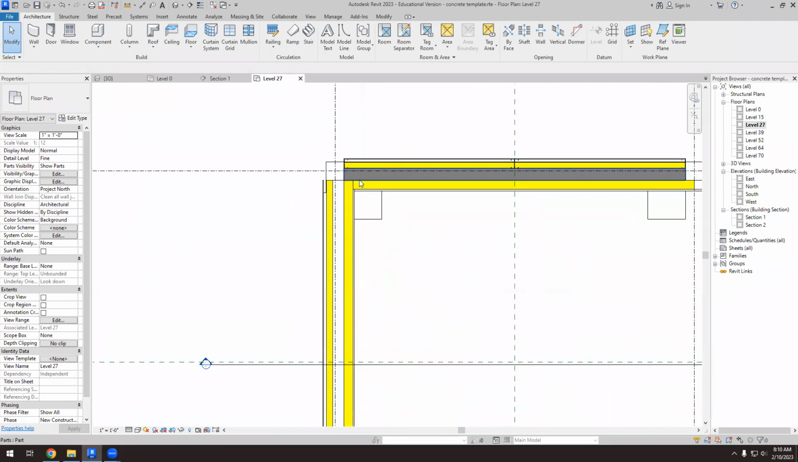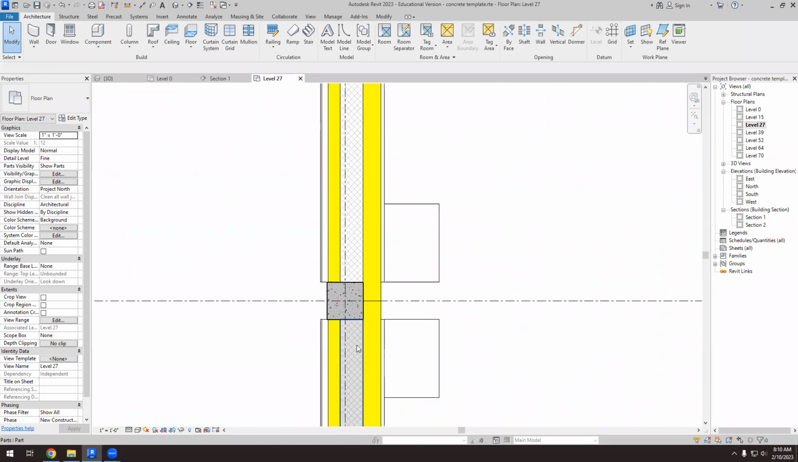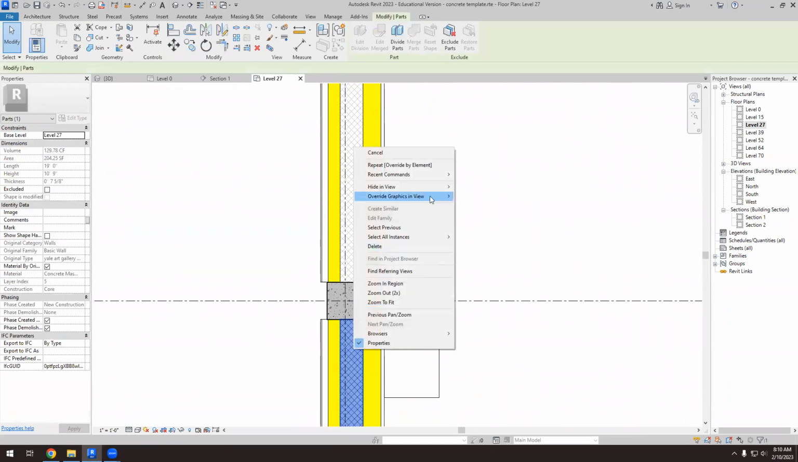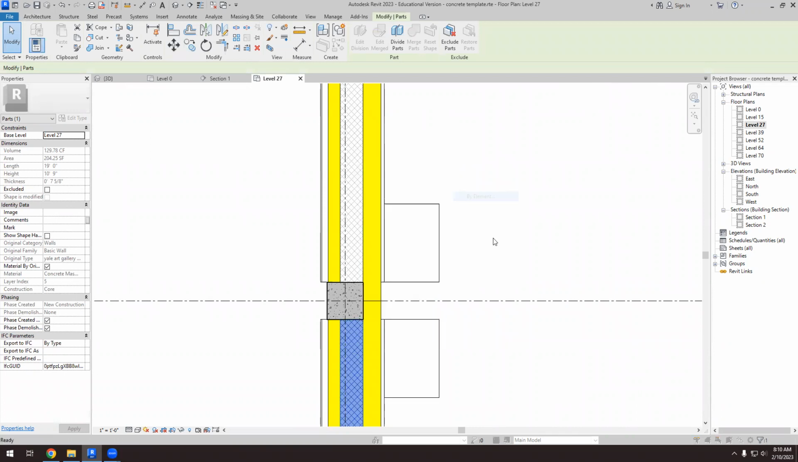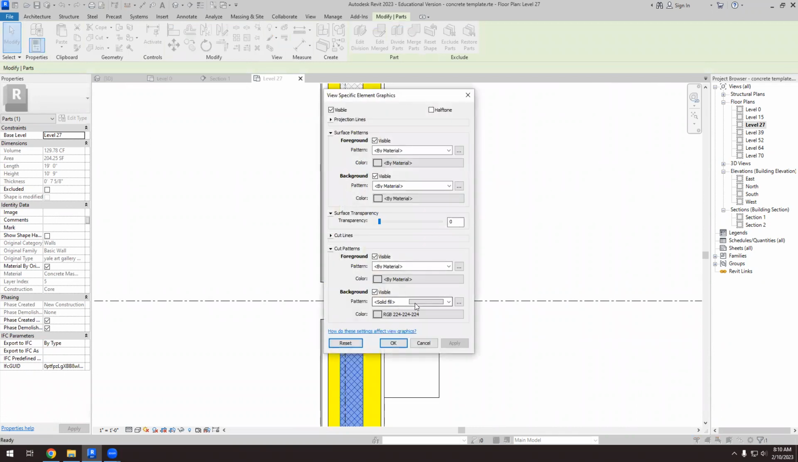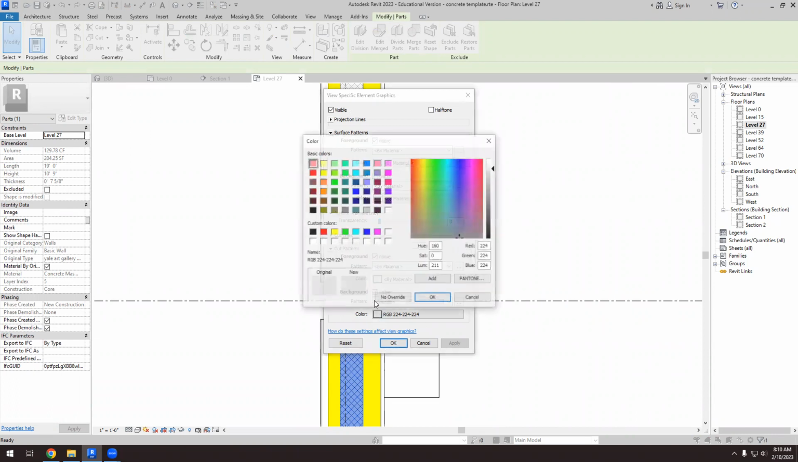And then I have to be consistent. To be consistent, we have to be careful because, for example, in this one, I have override graphics in view by element, with this solid fill. If we have the same elements, we have to make sure that we have the same color. So when I click here, we have these colors by default. But when I create my own color, and this is what I have done with this concrete block, you see that I have here the red. It's in RGB